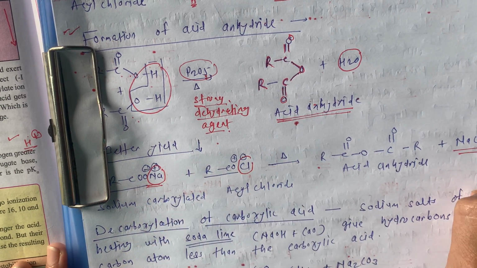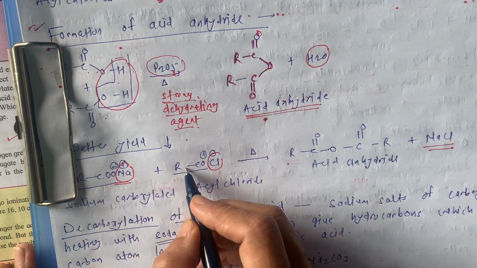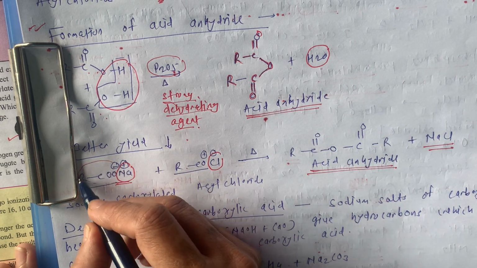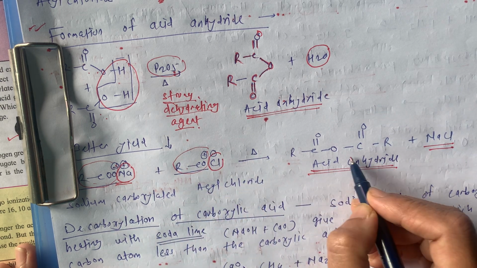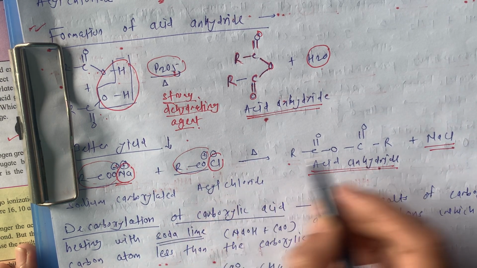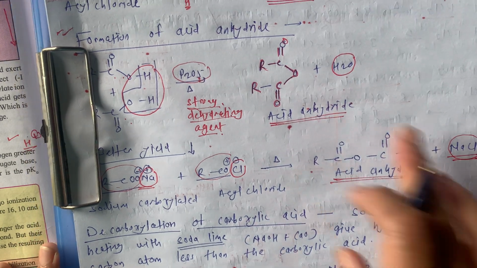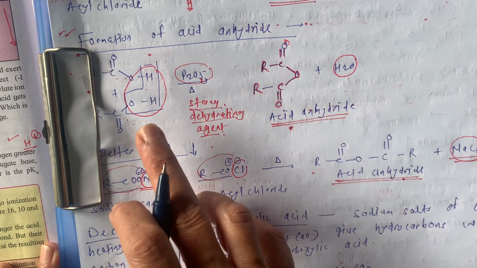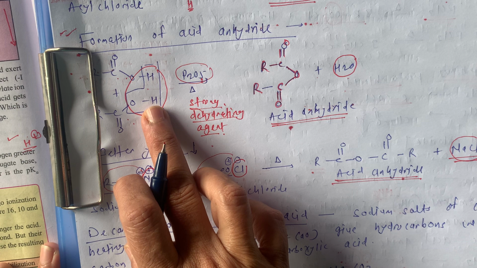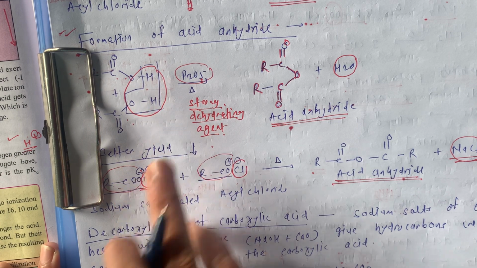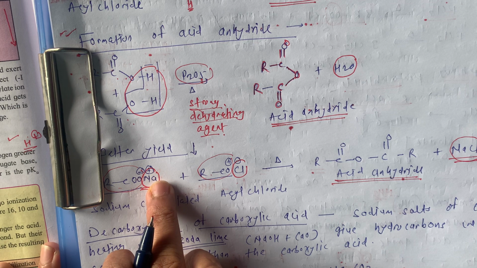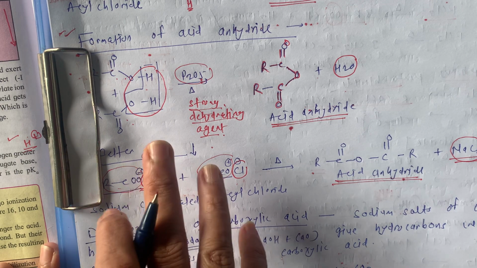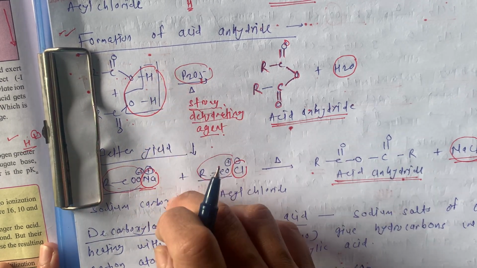to form a salt NaCl, and there is the connection between this RCO positive and RCO negative, and that is acid anhydride. The byproduct is salt NaCl. So there are again two methods to form acid anhydride from carboxylic acid. This is the pure carboxylic acid molecule, whereas here it is the salt of carboxylic acid, but again you know that this salt we get from the carboxylic acid only. So there are two reactions.